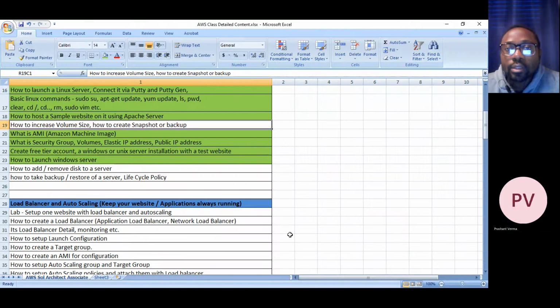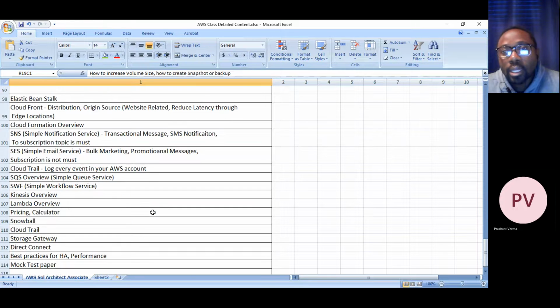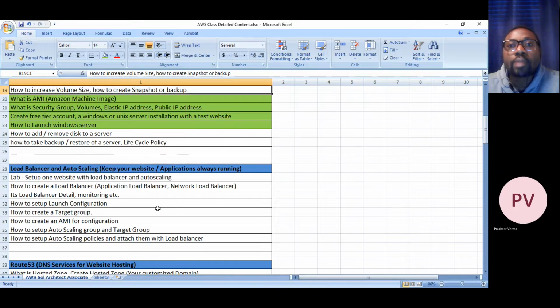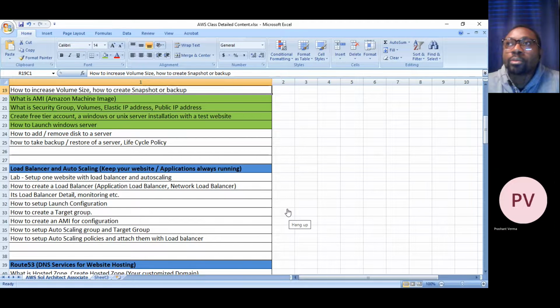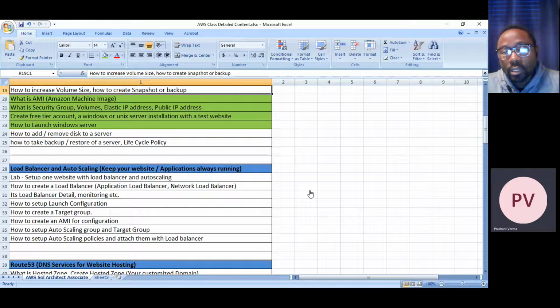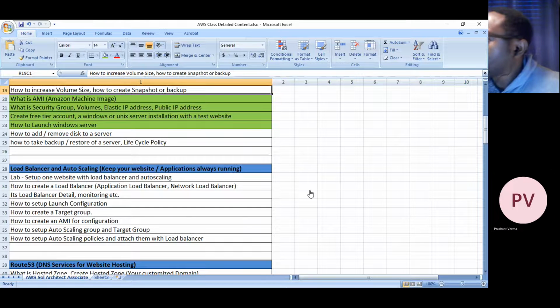So let's say you are creating an instance and the elastic block storage is 10 and you want to increase it to 20. You just have to click on the instance, Action, modify volume. But if you want to delete, you have to detach first. If it is attached to a server, then we need to detach first, right?